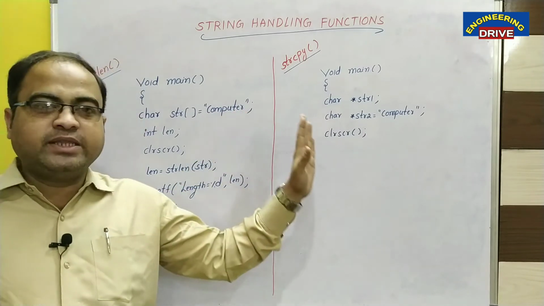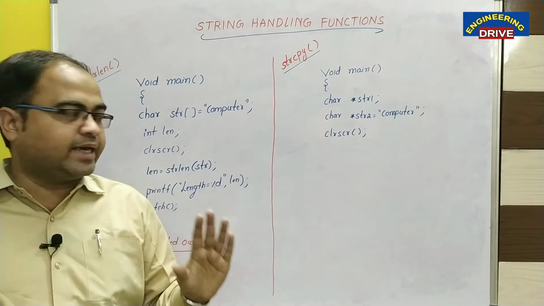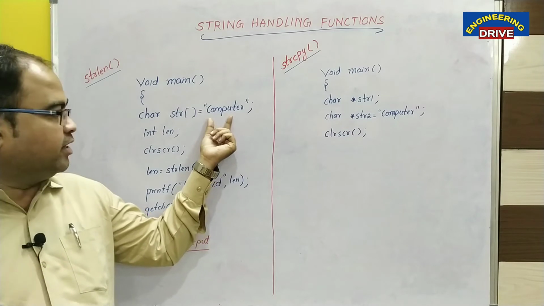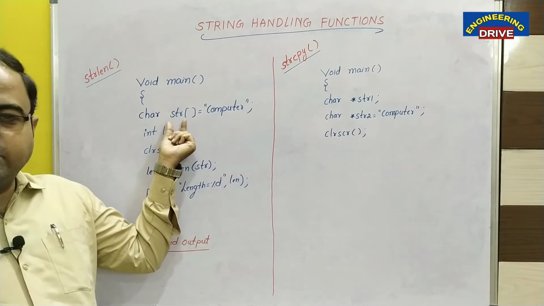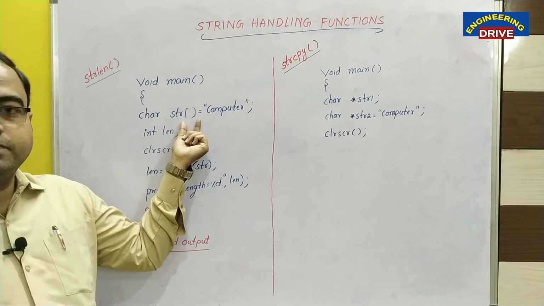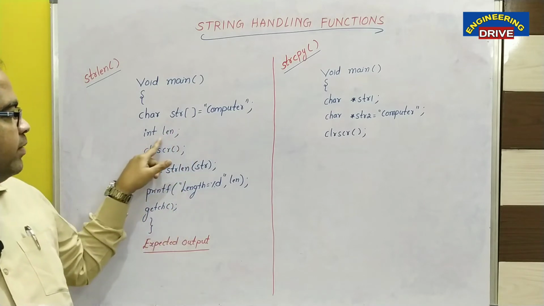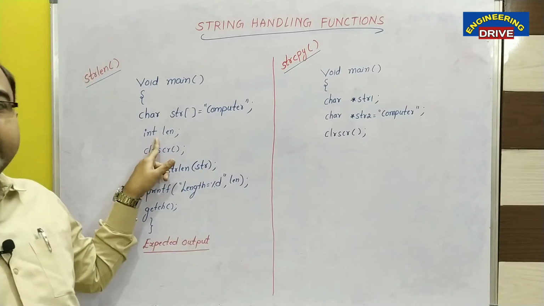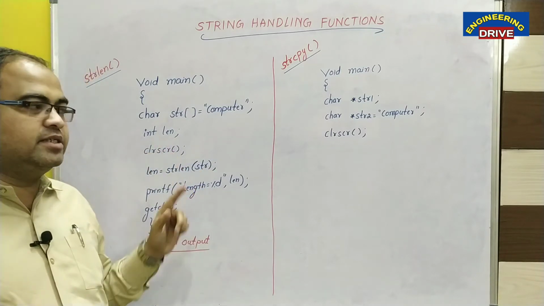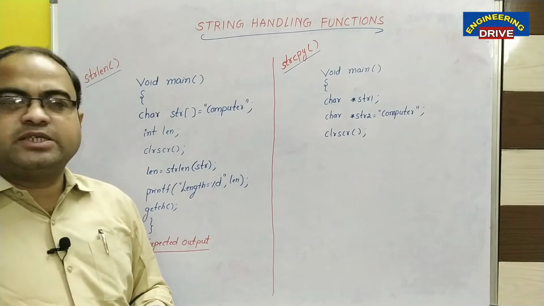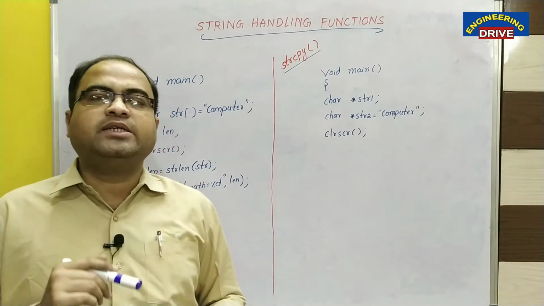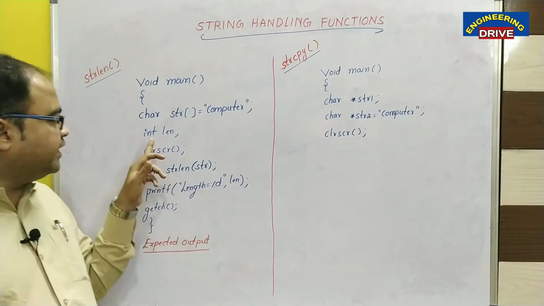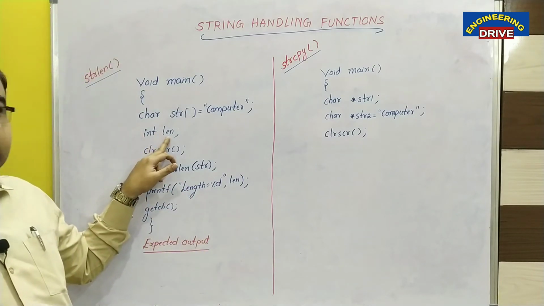So I am excluding the null character. We should not count the null character here. Only 8 characters are available in my string. And what is the name of the string variable I have taken here? str. Now one more variable I have taken here, len, and the data type I used is int. The reason behind this is that the length of the string can be stored only in the form of integers. Because of that, I have taken the data type int here, and the variable is len.